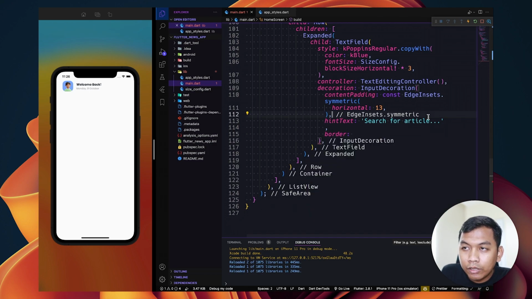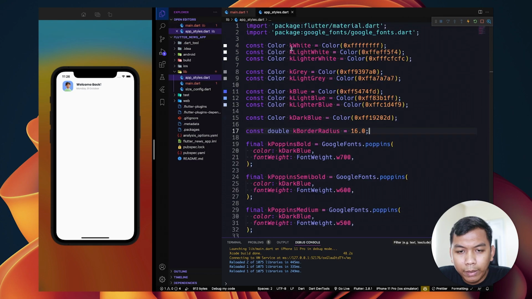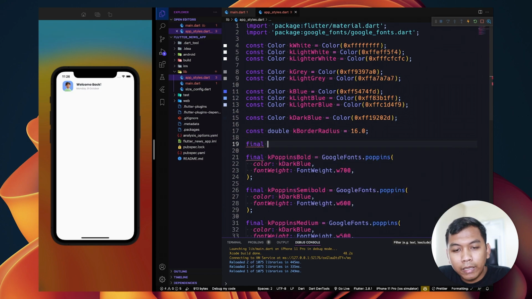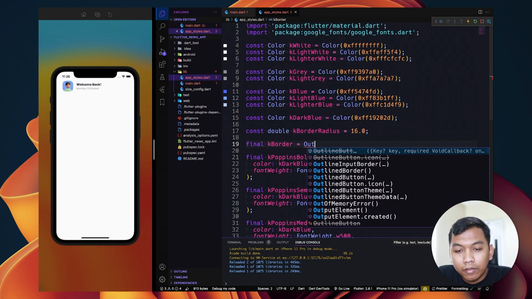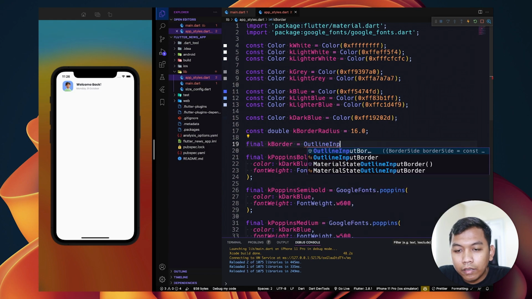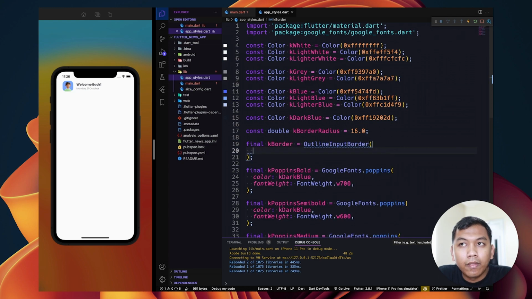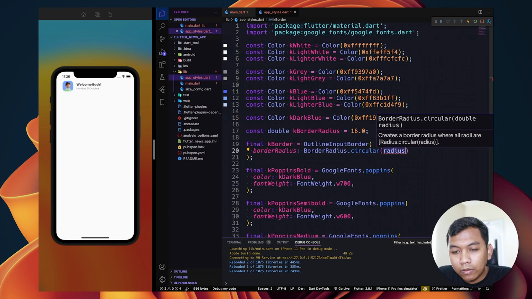So we need to create a constant. So let's go to app style. So let's name it as a border, and we set it to be outline input border, and we can say border radius circular, and we say border radius.